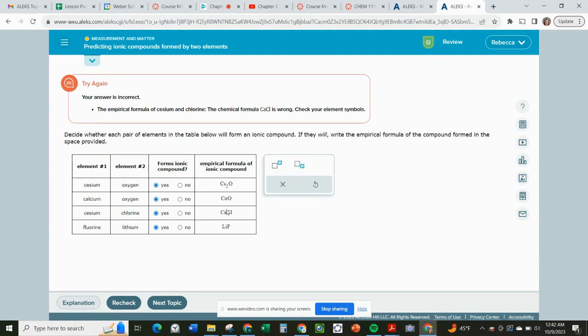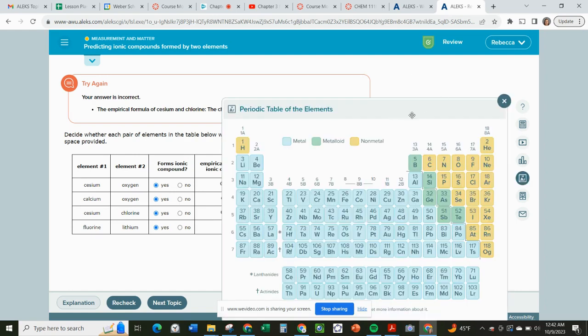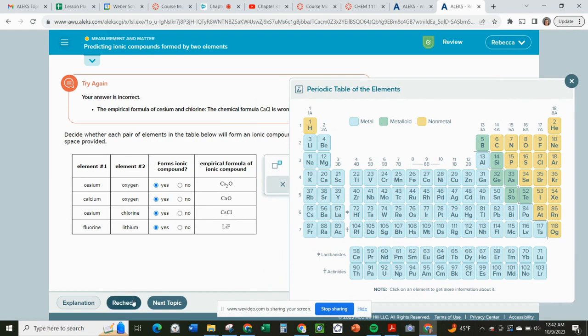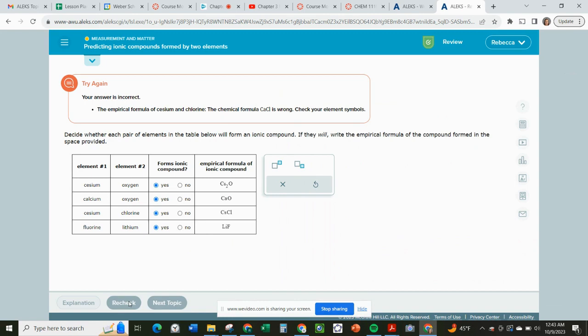Oh, I wrote calcium instead of cesium. Oops. So make sure you're really careful on your spelling. I just wrote the wrong symbol. I wrote calcium. I'm getting confused up here. So be really careful, pay really close attention. This is like a spelling test. And you do get that periodic table, so make sure you practice using it in your practice before the test. Okay,